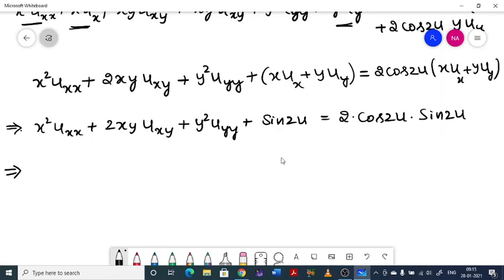So this implies x square u double x plus 2xy uxy plus y square u double y